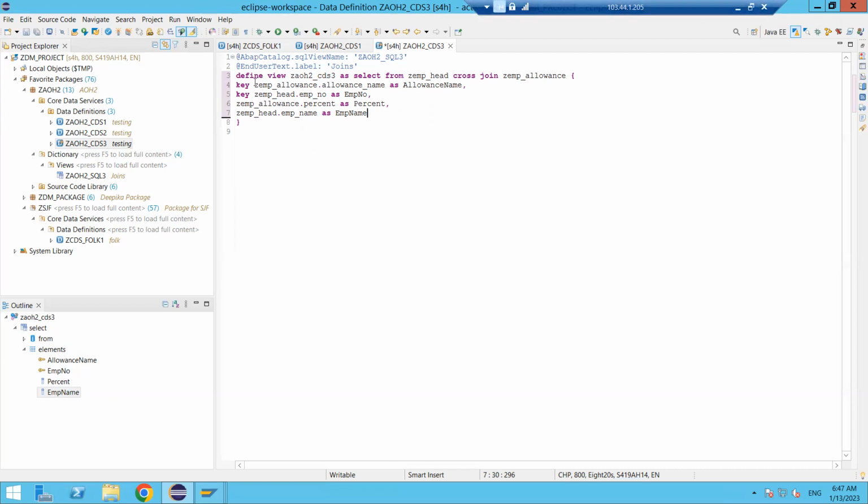So automatically it is picking the data key fields first of all from both tables. Okay, get emp allowance, allowance name, and employee number. This is from the jet emp header table, and this is from the jet emp allowance table. Table name dot field name, like that it is coming. Here are the field names. Now activate it,